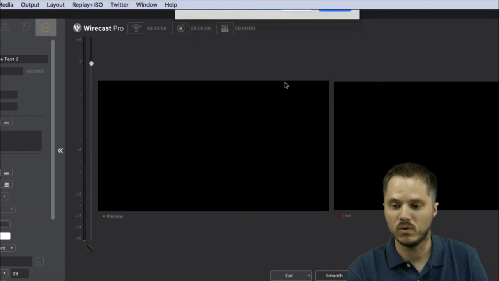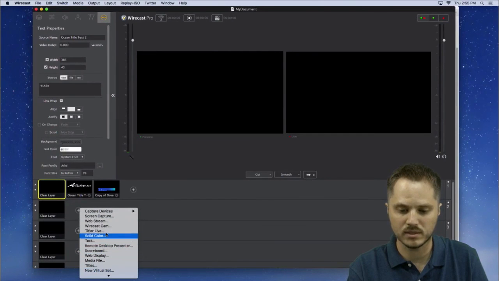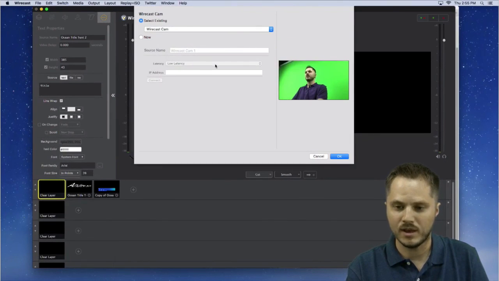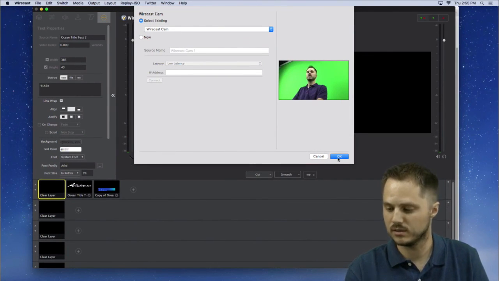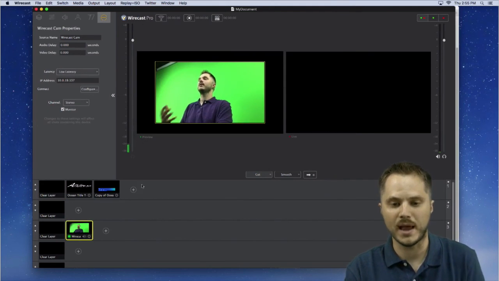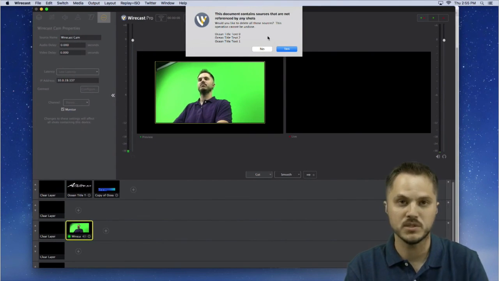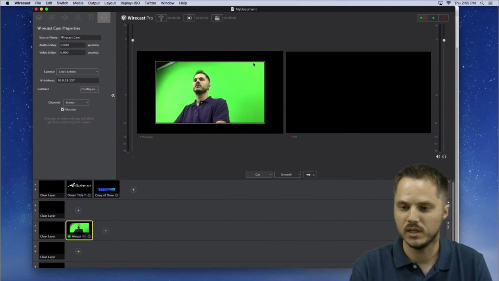So I'm going to hit no, and I'm going to go back and add the Wirecast cam shot. And now you'll see I can choose from an existing one or choose a new one. And I want to use my existing one, which is still connected. So there it is. I'm going to add that in, and I've got it back. Now I can save without worrying about the Bob stuff disappearing. So I'm going to hit yes.